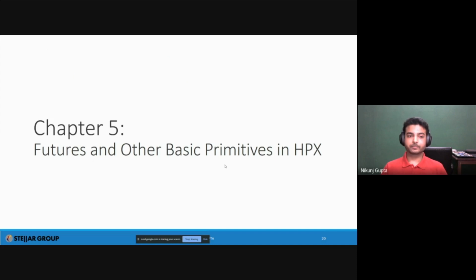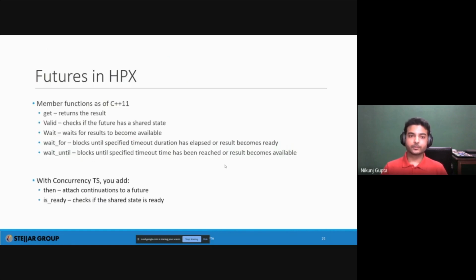Before we move on to more complex stuff, let's try to understand what features are provided in HPX. Futures as of C++11 provide you with a few functions. The get function is used for getting the result. Valid checks if there is a shared state.